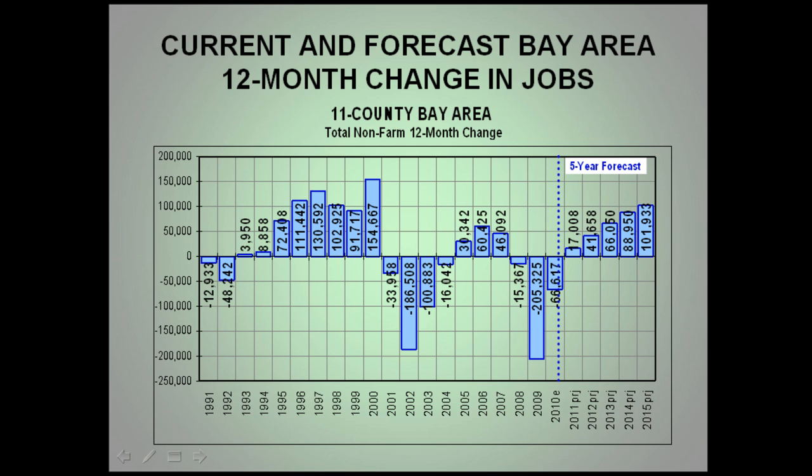You can see how the employment's oscillated here in this particular chart. There's been 2 periods, 2001 through 2004, and then another 3-year period, 2008 through 2010, where this area has lost more than 200,000 jobs in a couple of year period. We had a little rebound in between, but this just goes to the cyclical nature of, one, the technology industry, but also, two, we've had several periods of easy money in the last decade that have outlet themselves to the